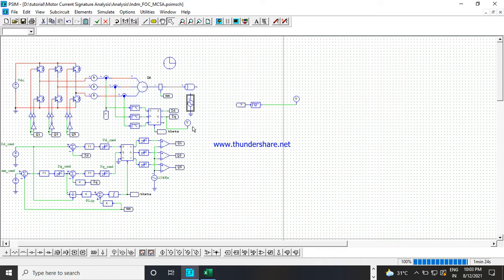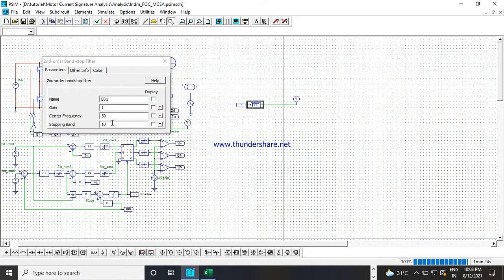In this case we are capturing the phase current, and here I have used a band stop filter, because we know 50 Hertz is the fundamental and I want to stop it. I want to take only the other fault frequency.